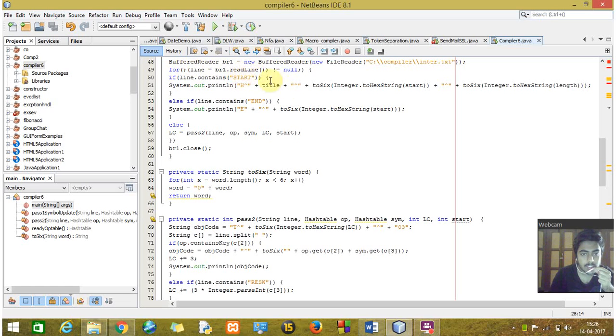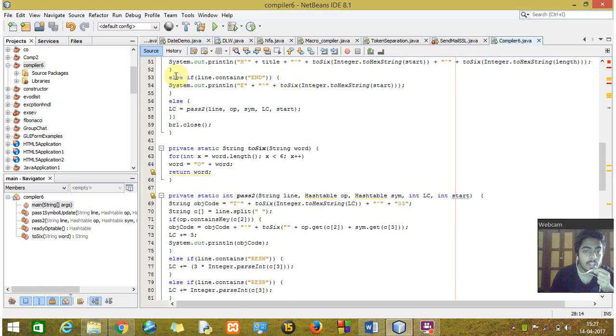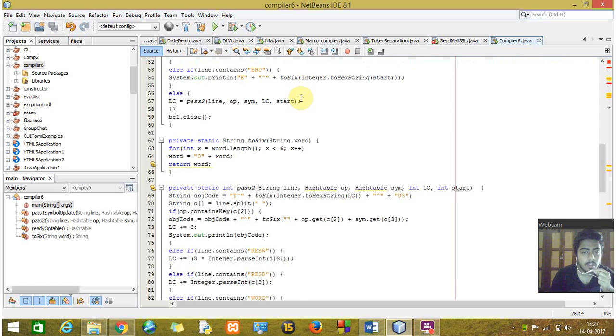If the start matches, the title will be start, and then separated by this, I will convert the starting address which I have stored in start, passed as an argument, into a hexadecimal string and display it, and whatever length is there will also be converted. So this will be my first line, that is the header, then the start and the starting address and the further. Now if the line contains end, then immediately I'll print the end and the hexadecimal form of the end address.